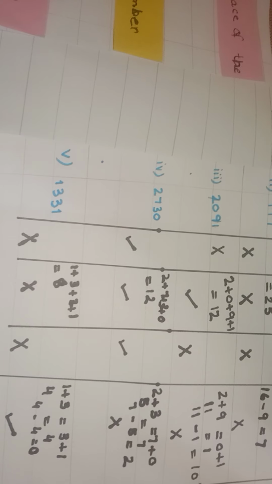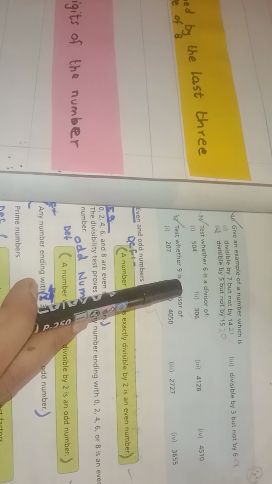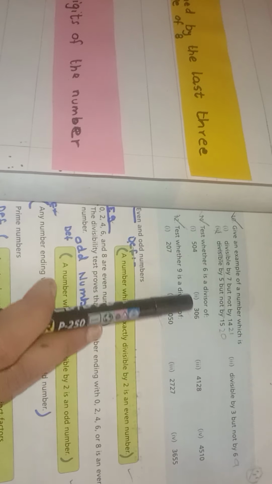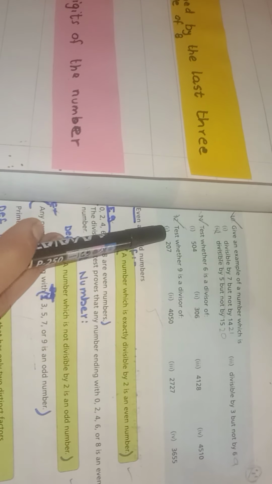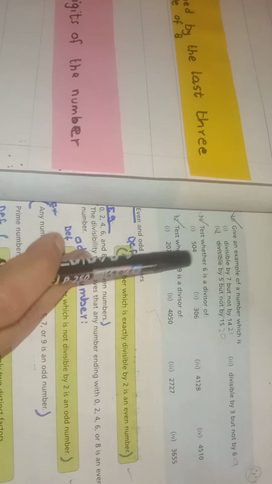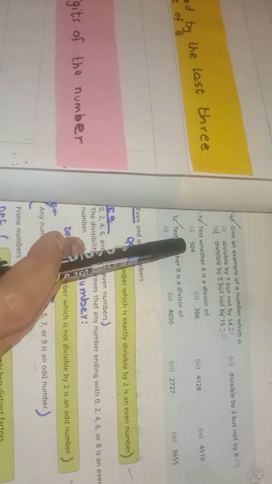So student, this is question number 7. Do question number 7 in your notebook, and try to do question number 11 and 12, where you have to test whether the given number is divisible by 6, and here you have to test whether the given number is divisible by 9. For 6 you will apply the tests of divisibility of 2 and 3 both,